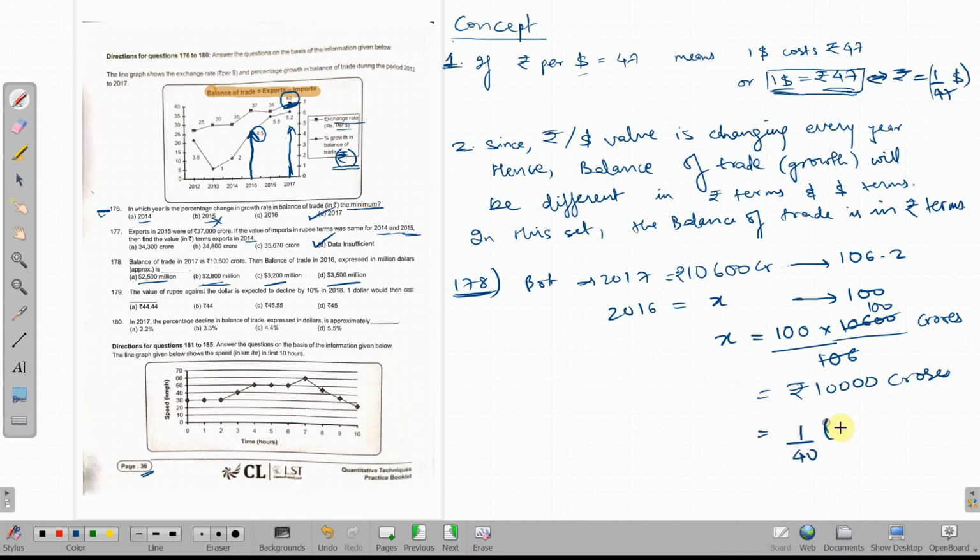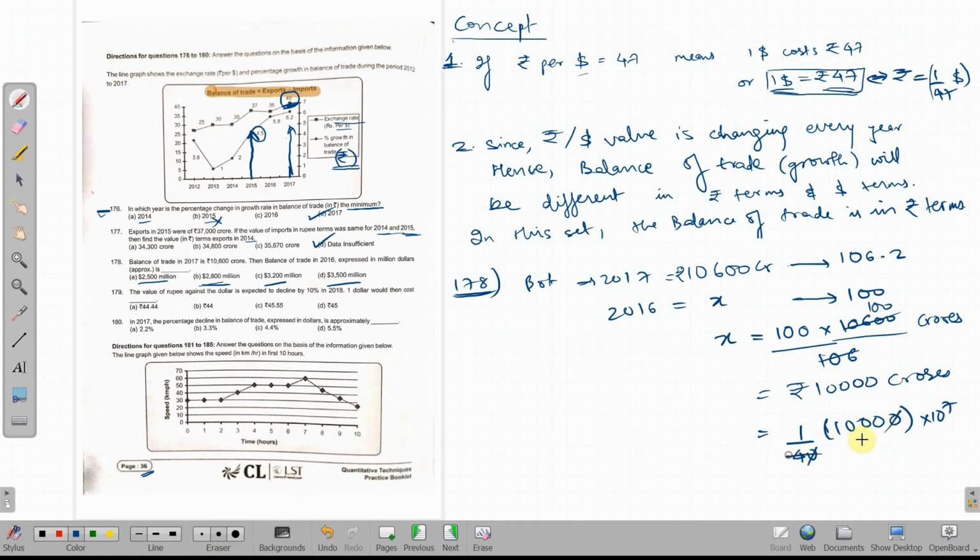तो 1/40 इंटू 10,000 and crores means 10 to the power 7. Then we'll have to balance the numbers. So I don't think you need to balance the number because you'll see the order is the same everywhere. It's just that you need to do the division correctly.